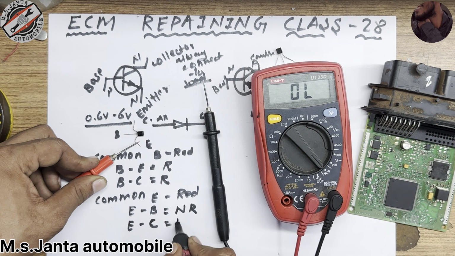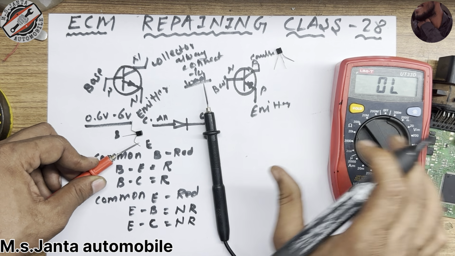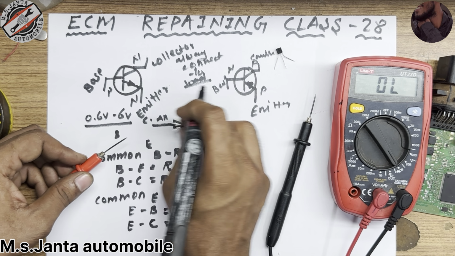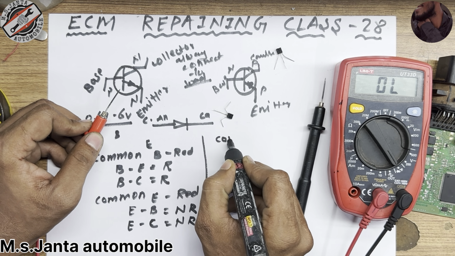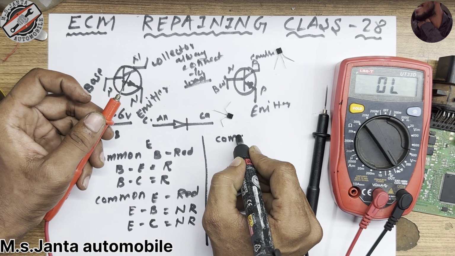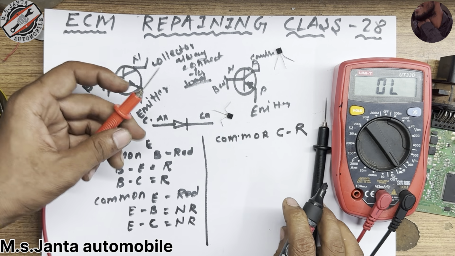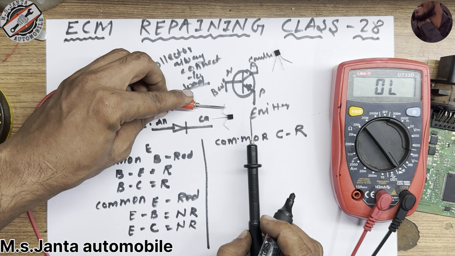So we will see NR. Okay, now here also, okay, I will put here. Now common, I will take a common collector red. Common collector red, when we take the red in common collector, on that time you can see here